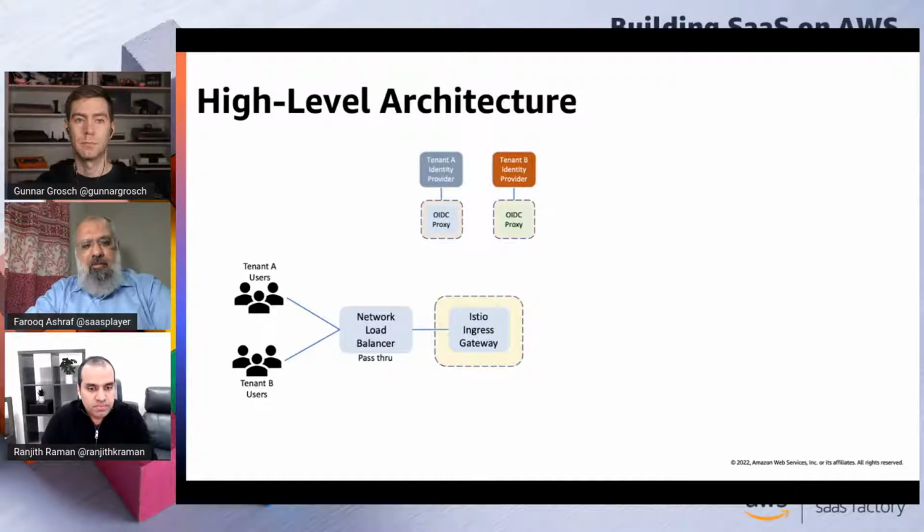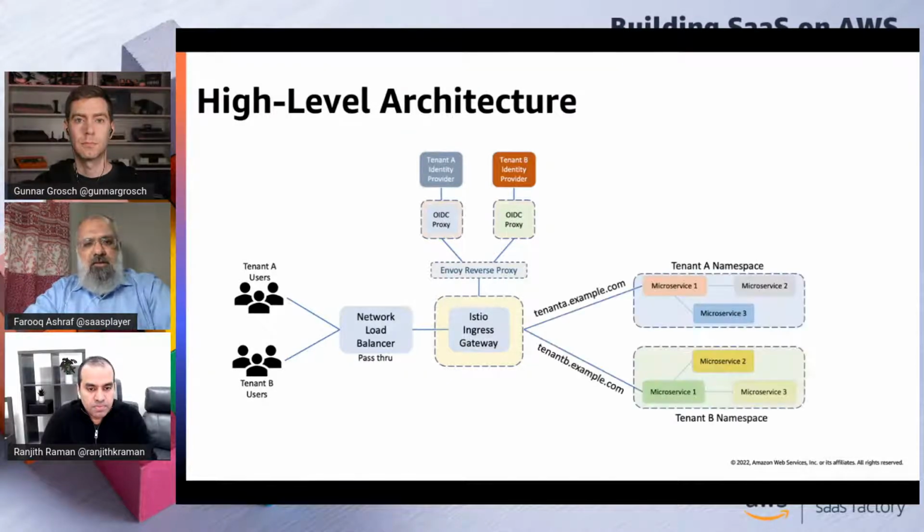And the really innovative part of connecting to these is an Envoy reverse proxy that we use to segregate traffic from each of the tenants based on the host header that's coming in from the client. So traffic gets routed for authorization and authentication to a specific identity provider based on the host header that is being sent by the client.